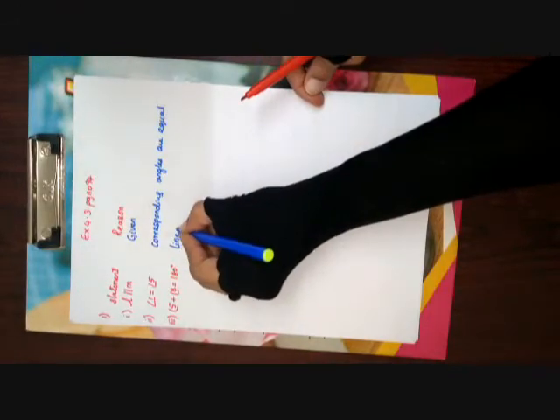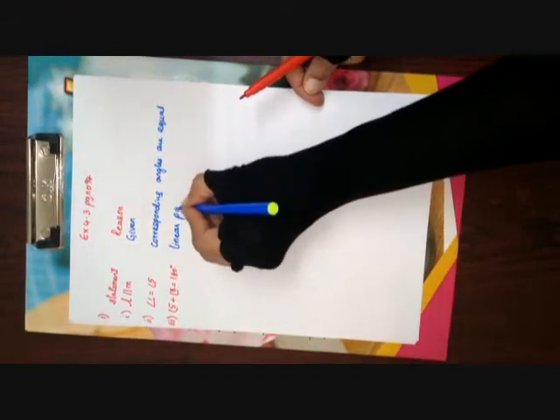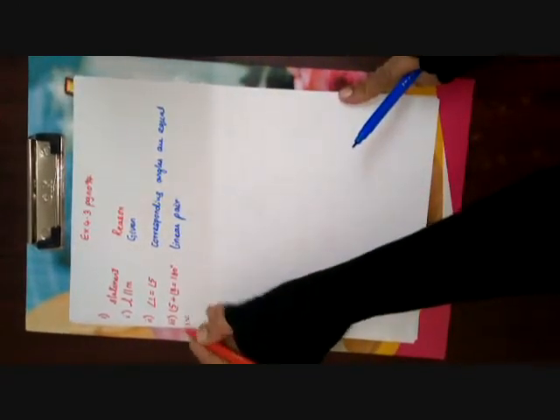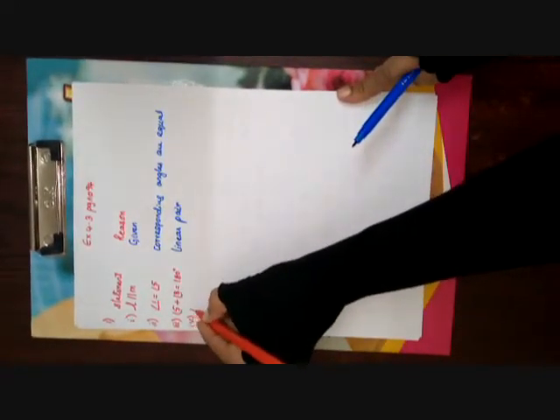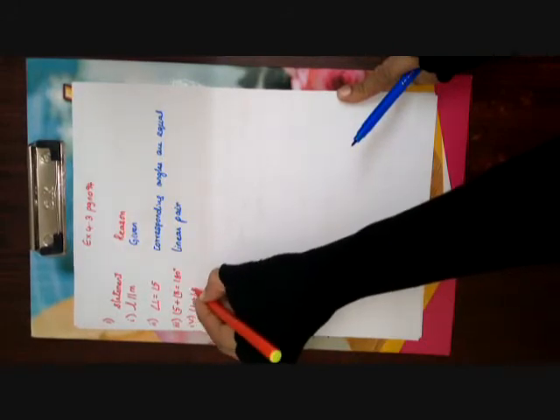Why are we saying that it is equal to 180 degrees? Because both of them form a linear pair. Now let us move to the fourth one. They are saying angle 1 plus angle 8 is equal to 180 degrees. Now let us see the figure first. It's being said in the question that angle 1 plus angle 8 is equal to 180 degrees. Now we have to tell why are they saying so. What is the reason?